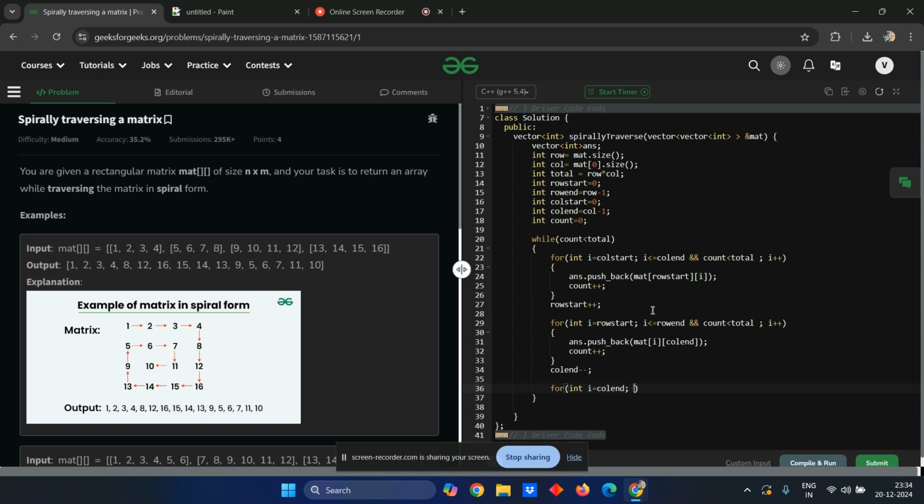i is equal to column end, and i should be greater than or equal to column start, and we need to also check those things, like count less than total value, and here we have to do i minus minus as we are moving in the opposite direction. So here we can say answer dot push_back,